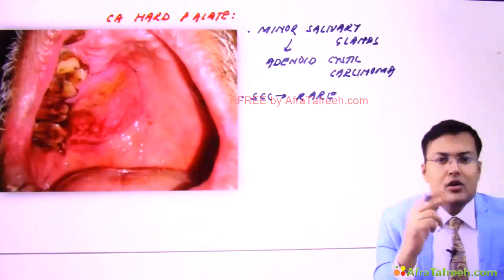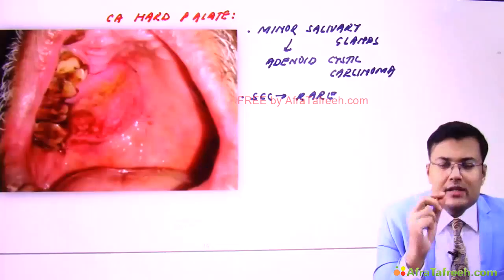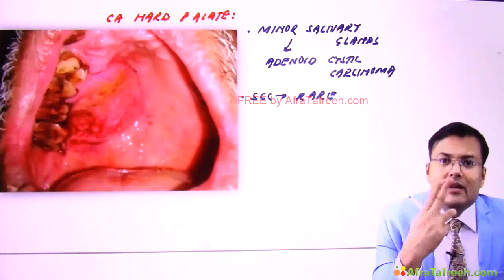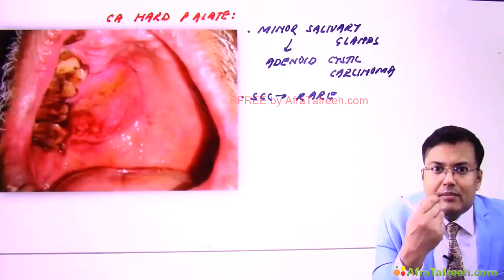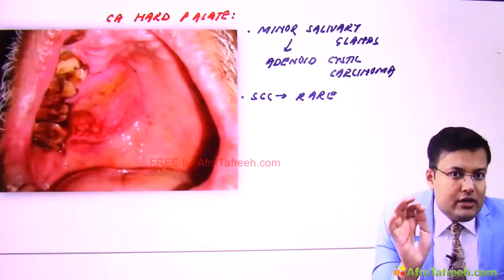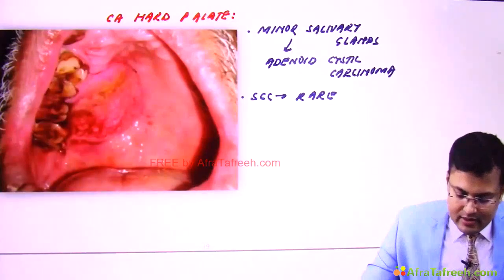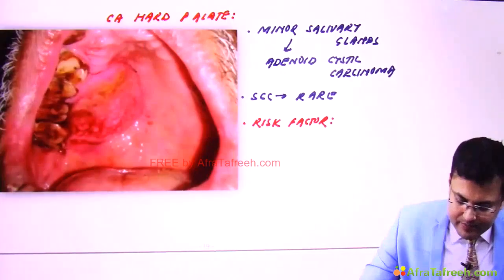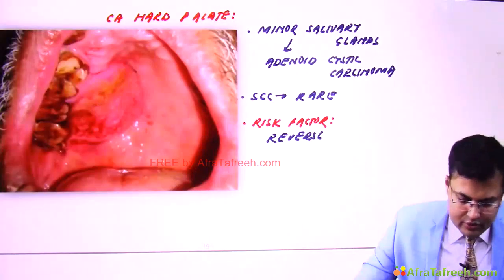Now what is the risk factor here? You have seen in the rural areas that the people who are smokers, especially the BD smoker, they are putting the burning end inside the mouth first and then they smoke. So this is known as reverse smoking, where the burning end is kept in mouth for some period of time. So reverse smoking is strongly associated with what? Carcinoma hard palate. So what is the risk factor? One of the strong risk factor is reverse smoking. Clear? It's the reverse smoking.